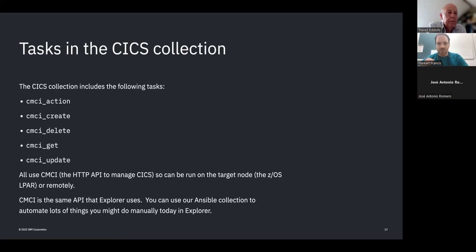So you can use it to define new programs and new transactions. You can use it to enable and disable existing resources. You can use it to new copy programs, and we'll see an example of that. You can use it to manage definitions in your CSD, so you can install CSD groups, or you can delete CSD groups. You can query your system for state to produce reports, and you can use it to do things. And almost any action that you can